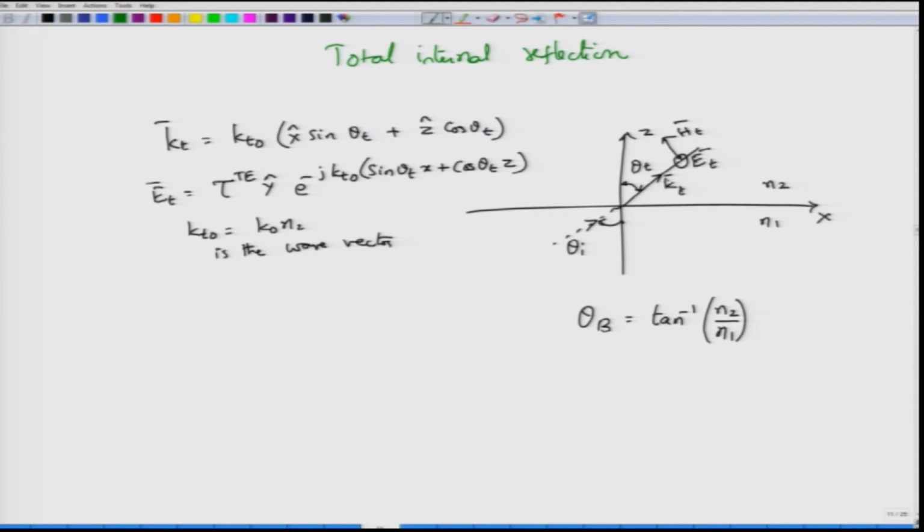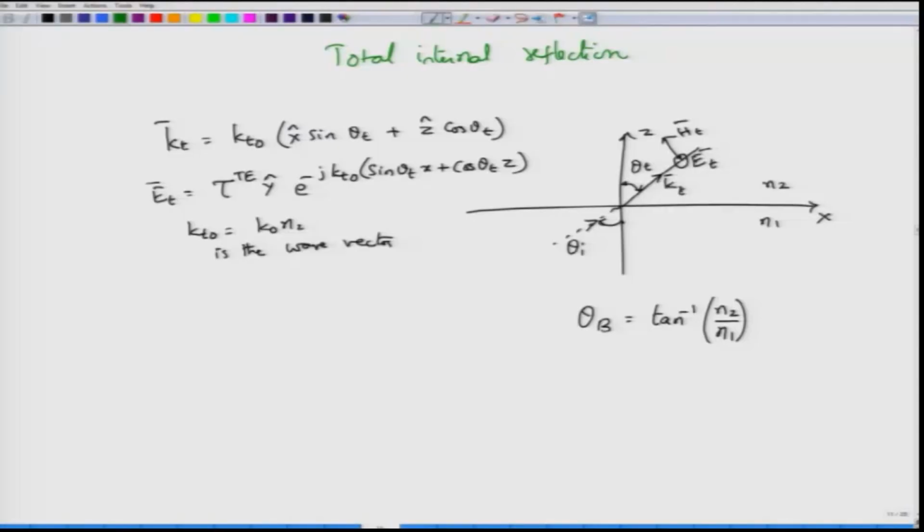Of course, with a little more effort, I could have considered the transverse magnetic polarization for the discussion of total internal reflection, because there would just be one more component of the electric field present, but I am not going to do that. I want to keep my life a little bit simple. So, I will choose transverse electric polarization. The ideas are of course easily transferable to transverse magnetic polarization.